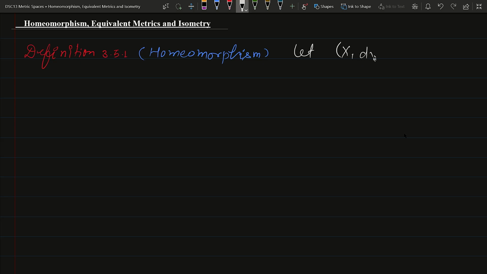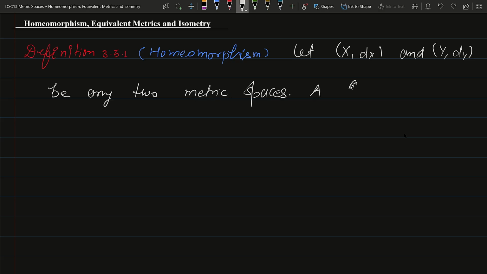Let (X, dX) and (Y, dY) be any two metric spaces, then a function f defined from X to Y,